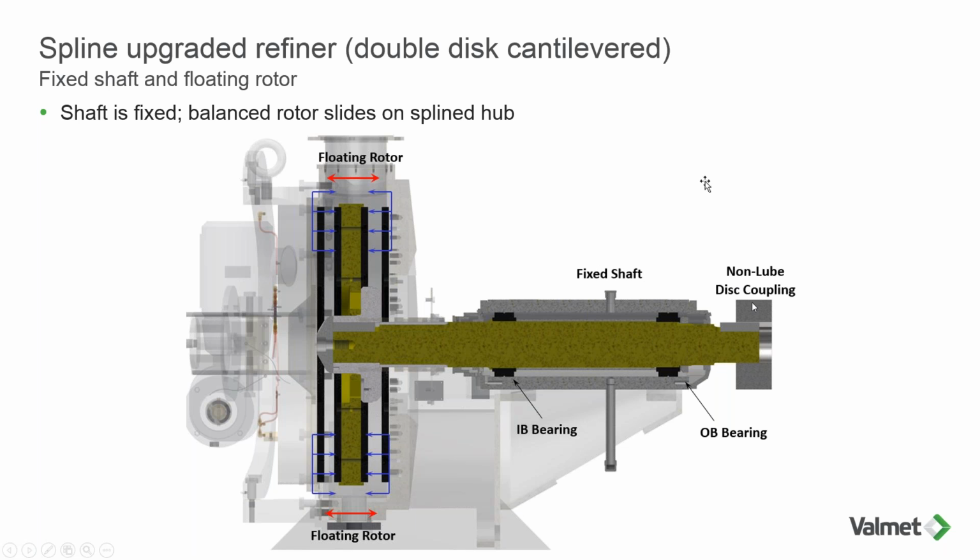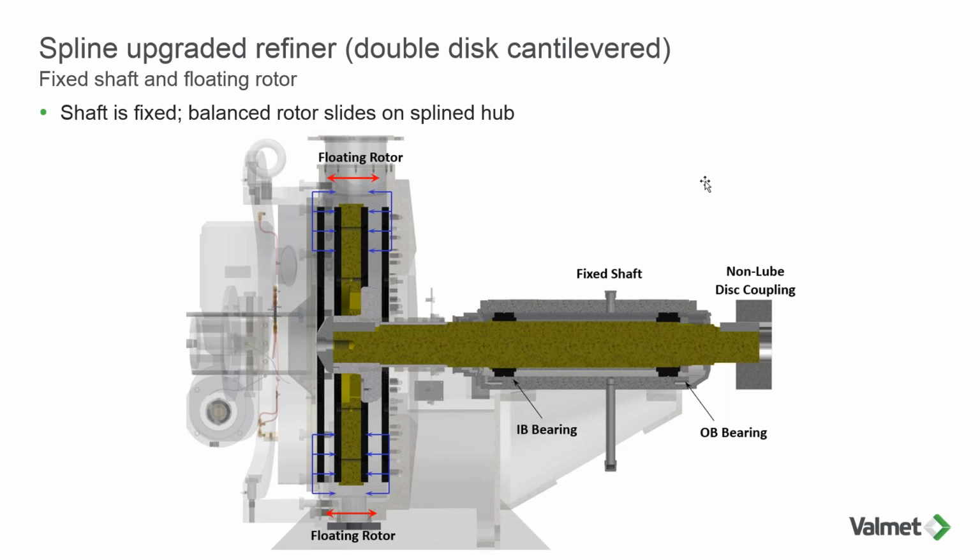The coupling is no longer an issue that's going to impact refining efficiency. We can look at potentially mechanical seals, other types of sealing. The packing sleeve isn't going to impact refining efficiency. Again, these are mechanical issues that must be dealt with for other reasons, but in terms of refining efficiency and refiner operation, those are no longer hindering spots for the rotor balancing itself and thus do not impact refining efficiency